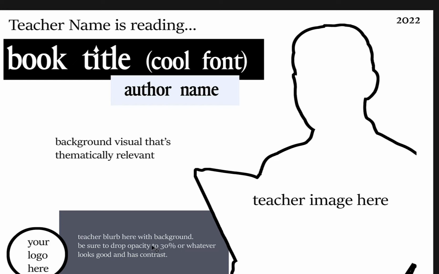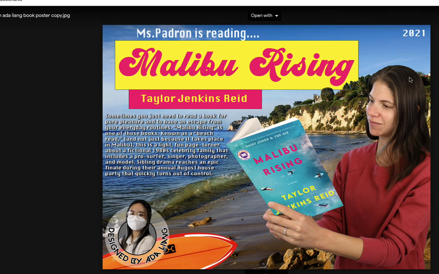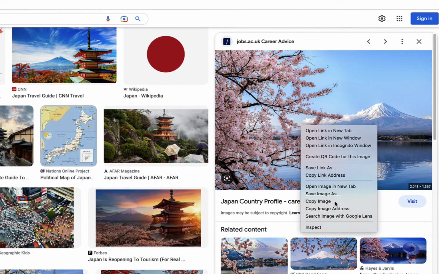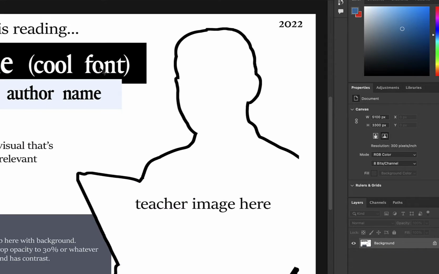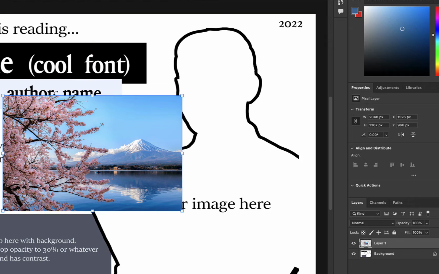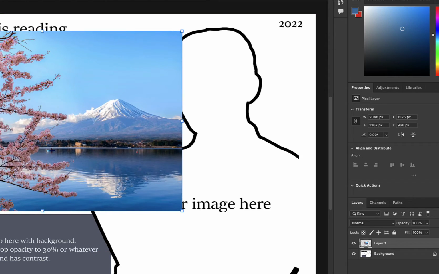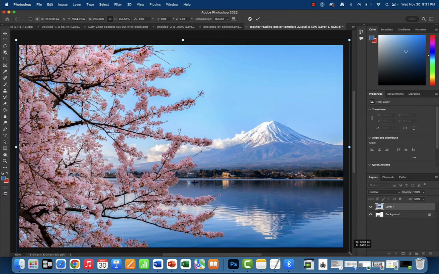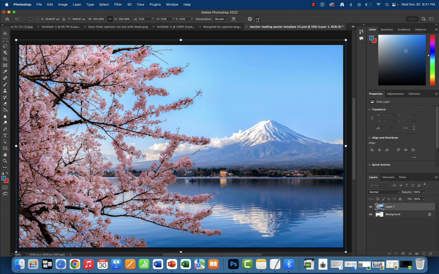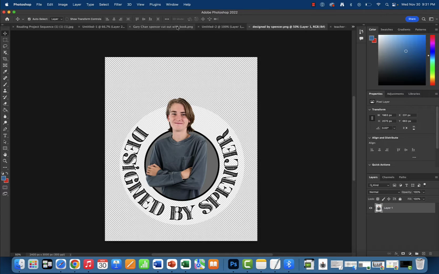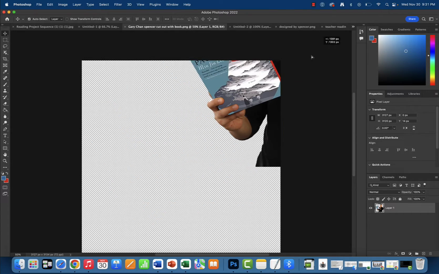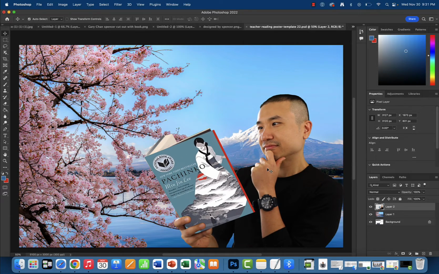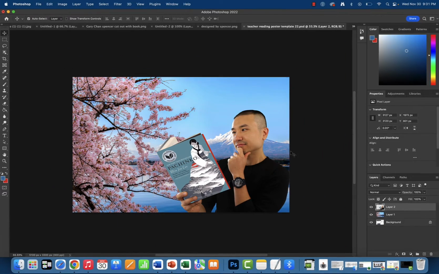All right, so let's build this. I'm going to show you exactly what I did, and there's a few things I really want you to take note of. So I'm going to right-click the background, Command C, Command V, Command T. You guys are going to do a little bit of research. Maybe you're going to go to Amazon.com if you're not really sure about what visuals you should include, or do a little research online and think about what looks good for you. All right, so here is this visual,